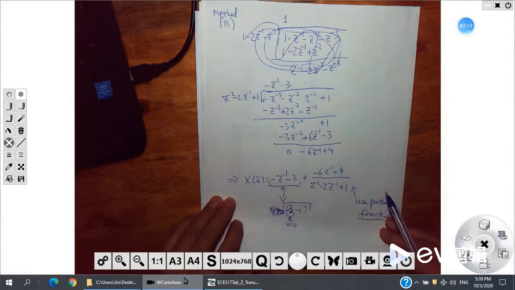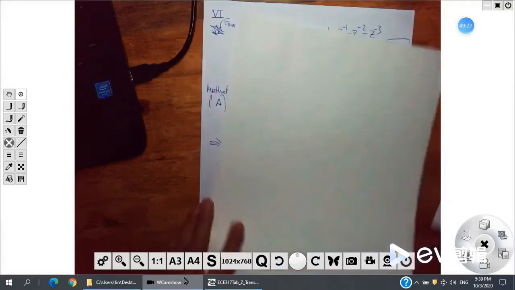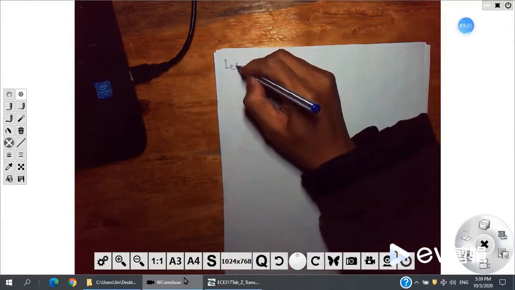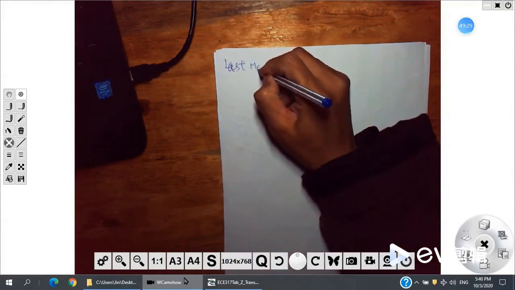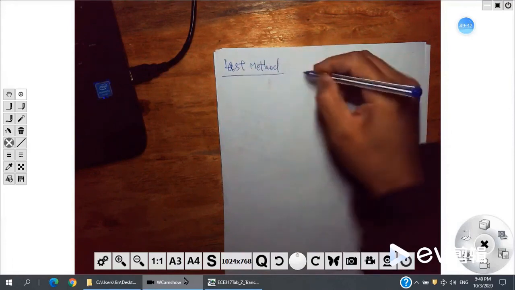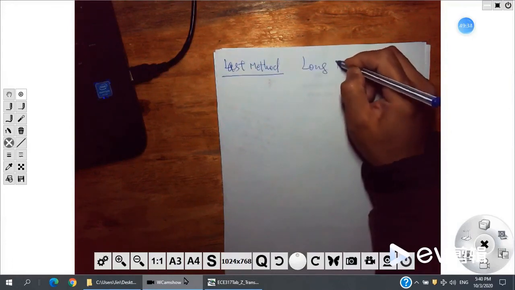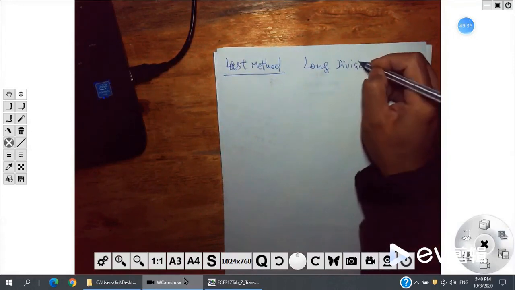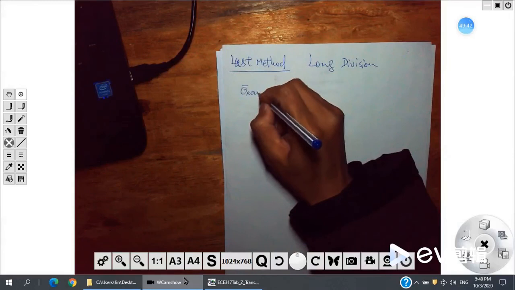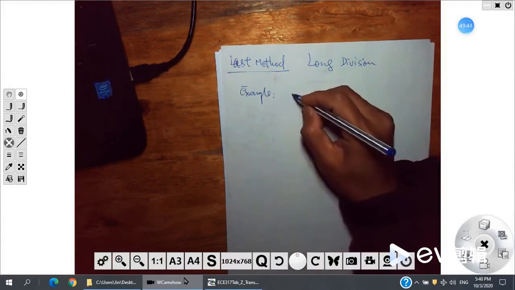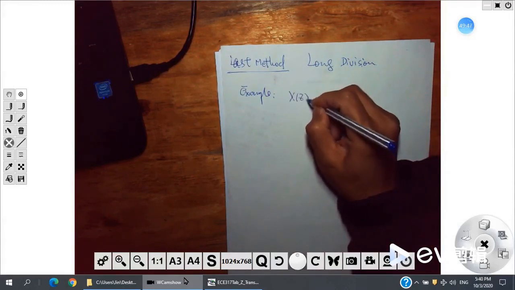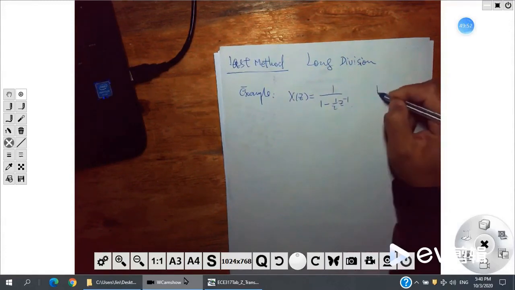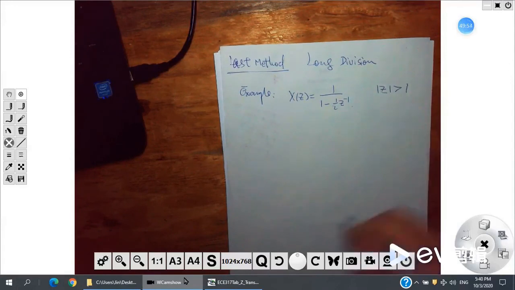Okay, then we have another last method, the long division. I also use an example to explain it. Just X(z) equal to 1 over 1 minus 1/2 z^-1, and |z| larger than 1. Okay, and